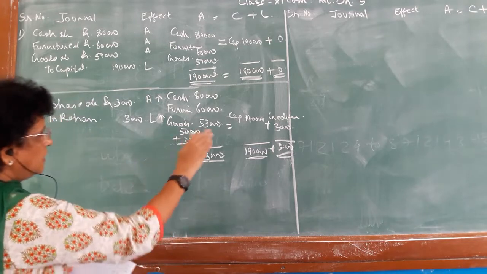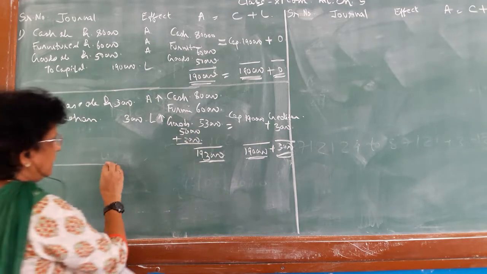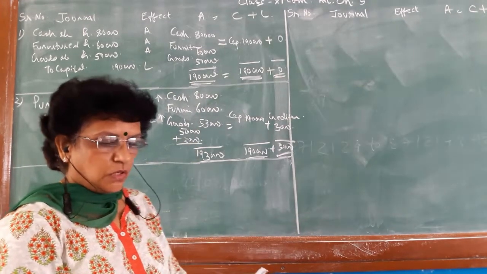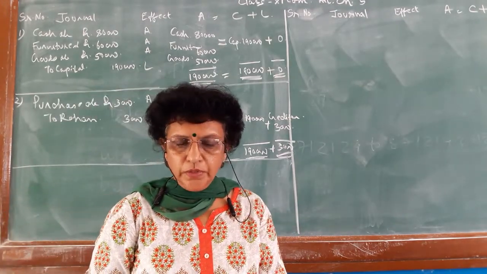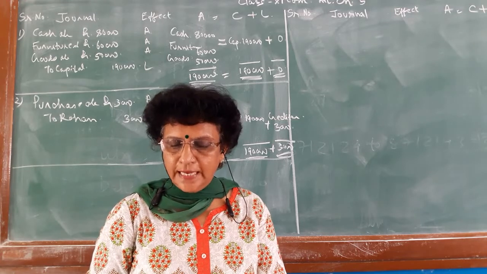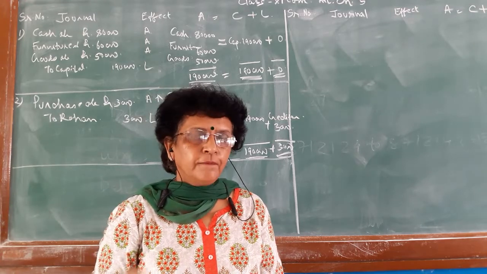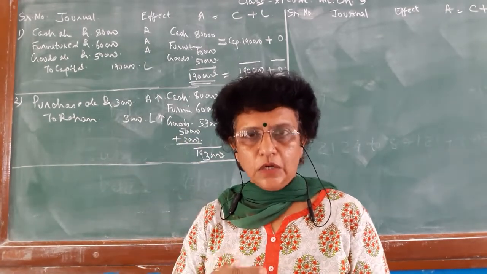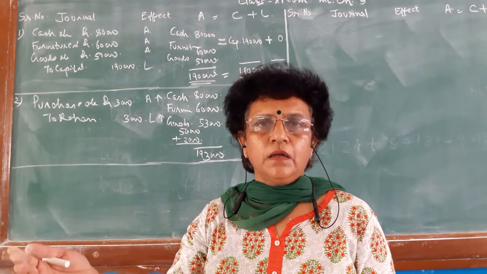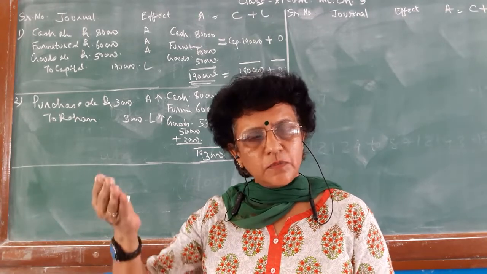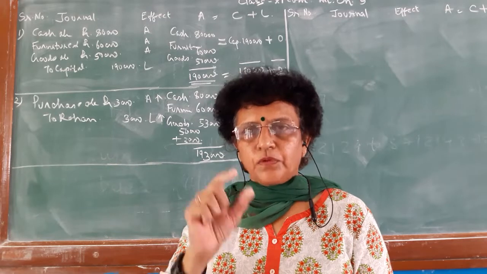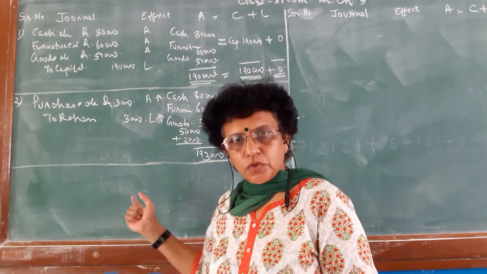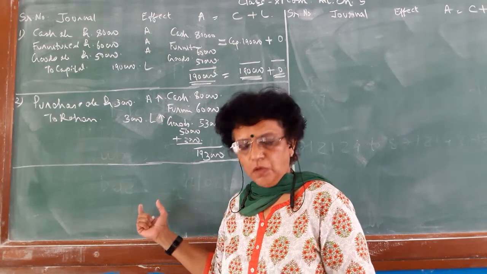So in this manner, your accounting equation tells you. The next transaction: goods of rupees 8,000 sold to Vimal for cash rupees 10,000. See, we are the trader. Definitely we are going to sell the goods at a sale price more than the cost price. So the sale price is more, the cost price is less. So here there is an element of profit. That element we have to show here in the equation form also.